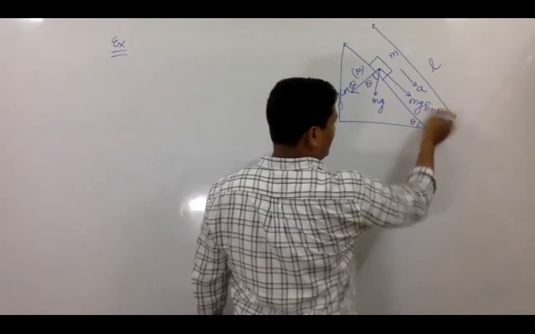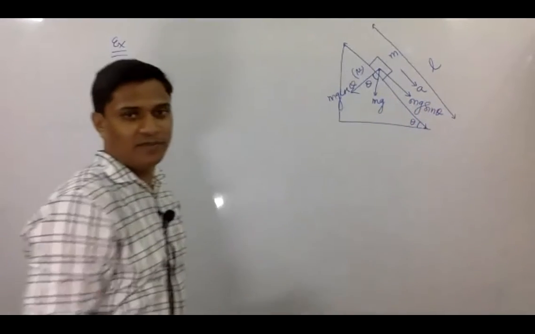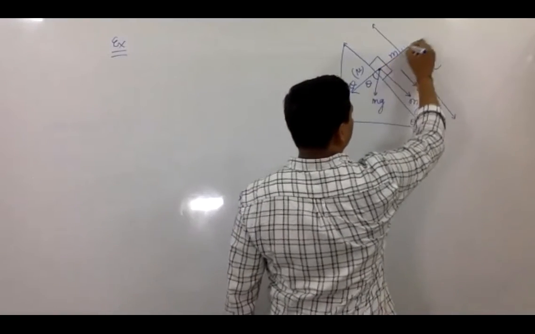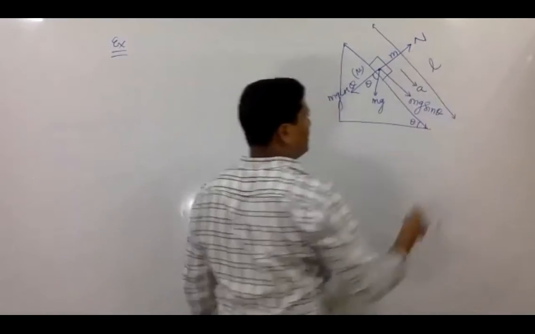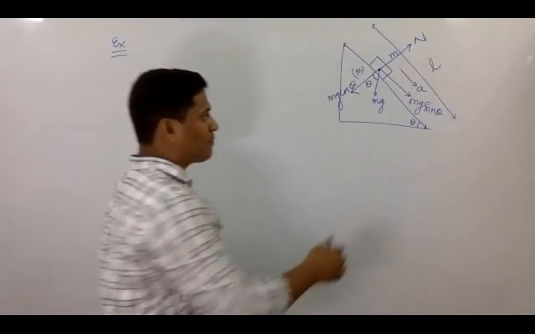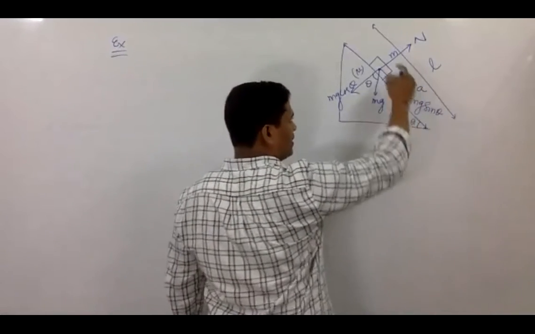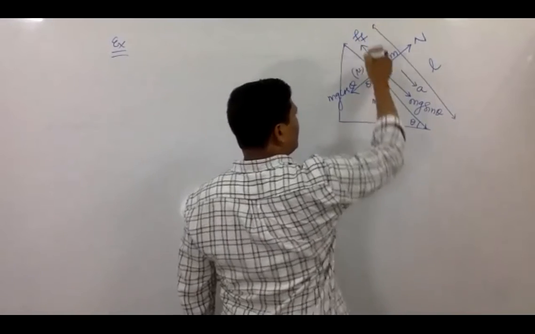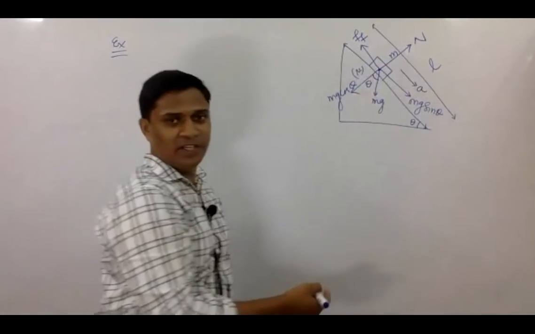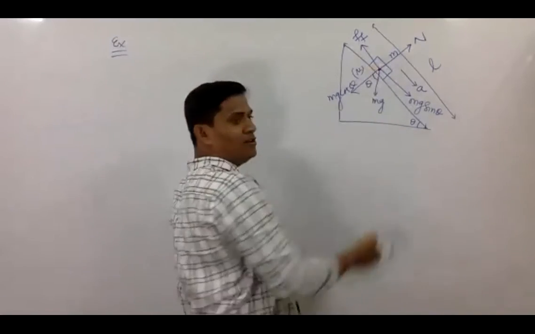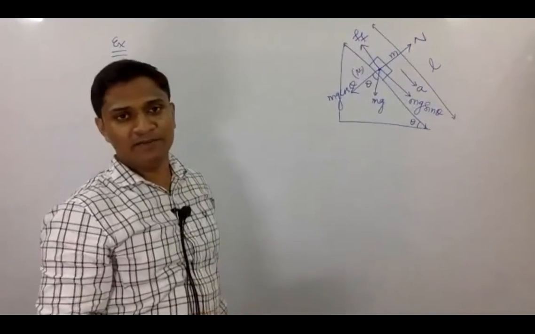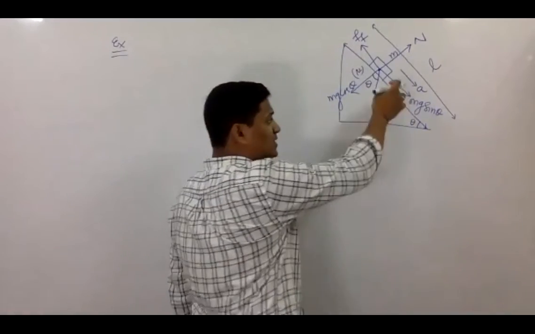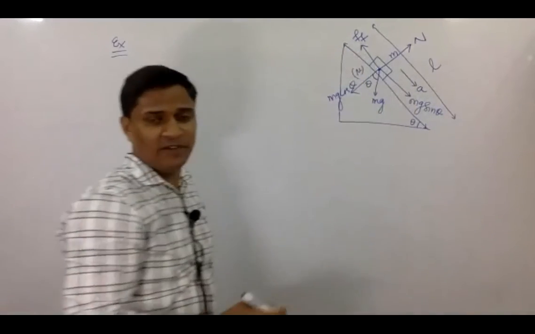I think it is clearly understood by all. In laws of motion we have solved such types of questions. Here the normal force will be in this direction. And mg sin theta is acting in the downward direction. If the body is moving downward, the force of friction will act up the incline, and mu is the coefficient of friction between the inclined surface and the block. The body is sliding down, so mg sin theta is more and the force of friction is definitely less.